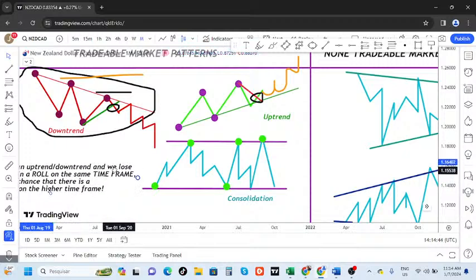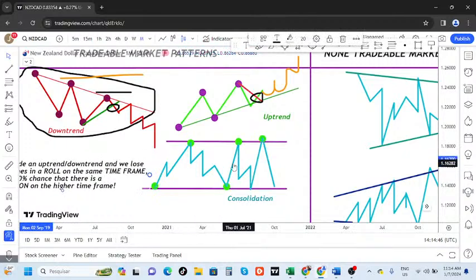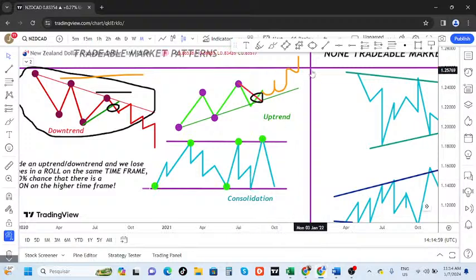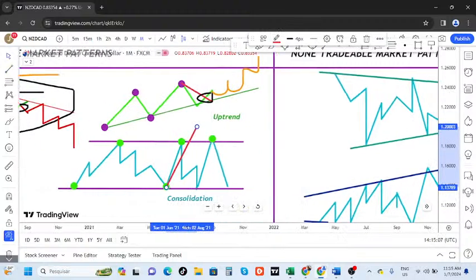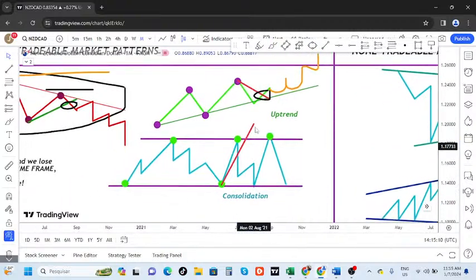If that consolidation is going to continue, the next thing you're going to see, for example, this was the last area the market came to. You just want to put a counter trend line in this kind of scenario, and you want to short the market like this. Once the trend line is broken, for example right here,